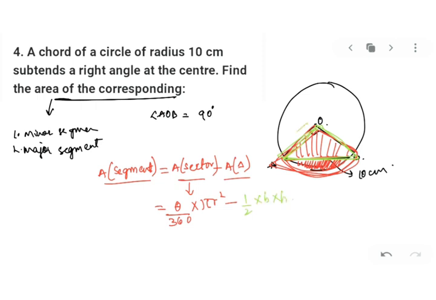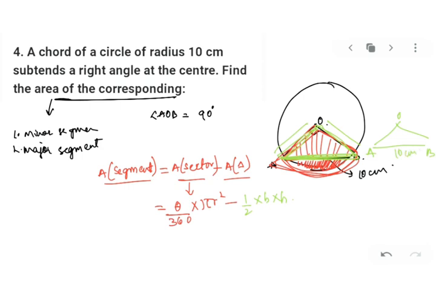Now base is AO and height is OB. You can take vice versa. You can take height AO and base OB. No worries. But both the things are missing out. So how will we get that? For that, if you remember, we have been given the AB value. AB is in this triangle AOB. AB value is given to you, 10 centimeter.